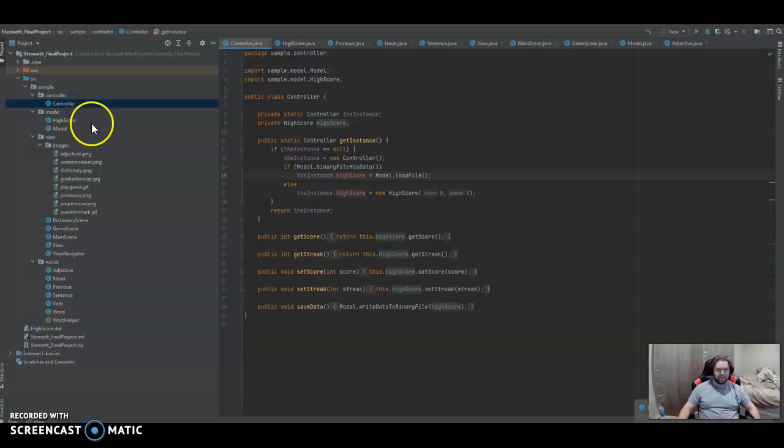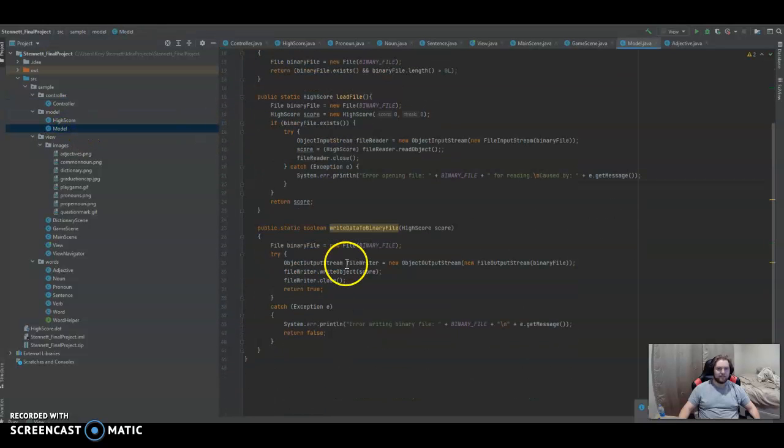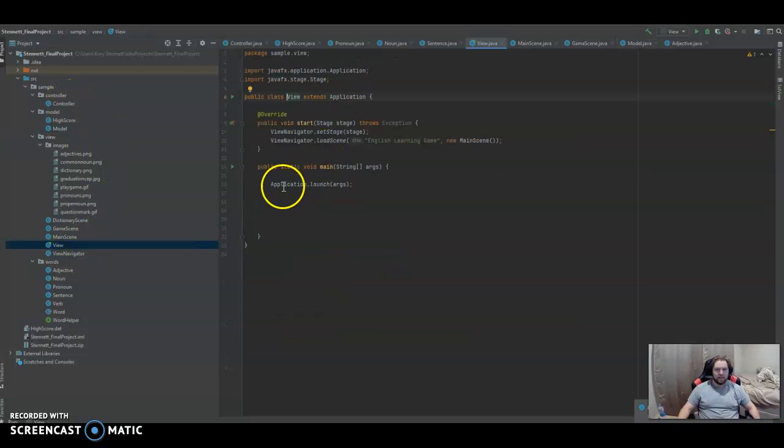So that's pretty much it for the model and controller. It writes and loads from file. That's what the model knows to do. The controller actually tells the program to do it, and then the view, we'll move back to that now. View allows us to see whatever we've made in our scene, whatever might exist. It loads the scene, it sets the stage, and then it tells the View Navigator to load up the first